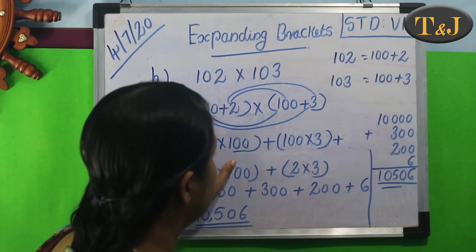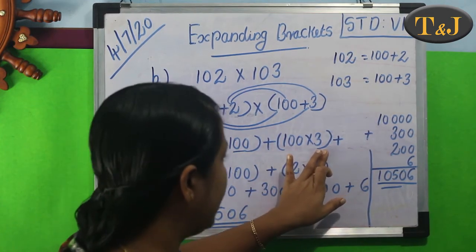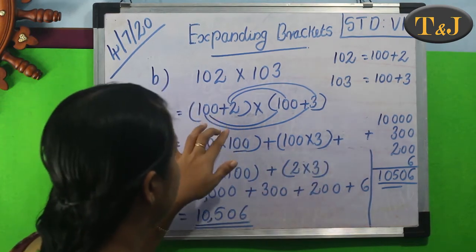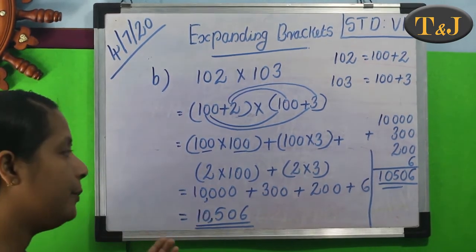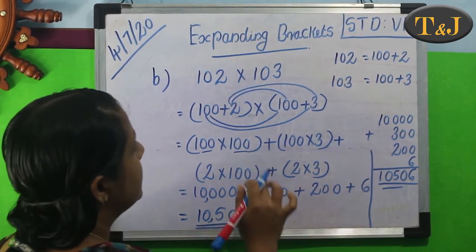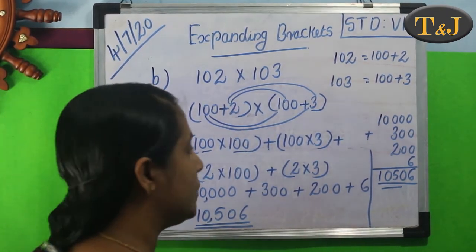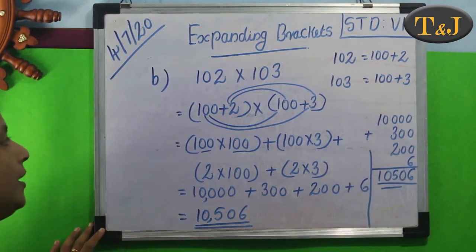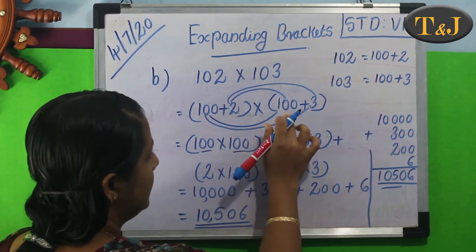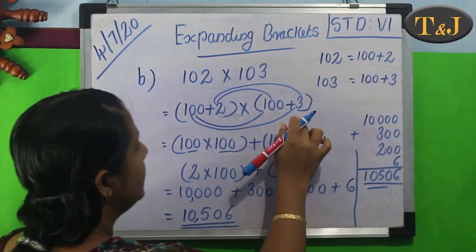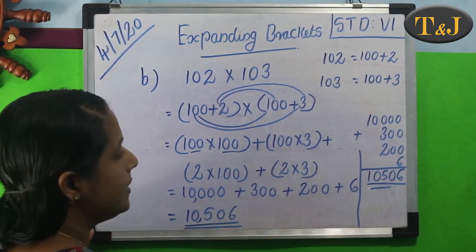Second number is 103, that is writing 100 multiply by 3, then also put the bracket, then plus sign. Next we want to multiply 2 and 100, so 2 multiply by 100, then put inside the bracket, plus next number is 2 and 3, so write 2 multiplied by 3 and also inside the bracket. Okay, all of you understood how we can take this number. First multiply 100, then second multiply 103, third multiply 200, and next multiply 2 and 3. All these numbers inside our bracket.